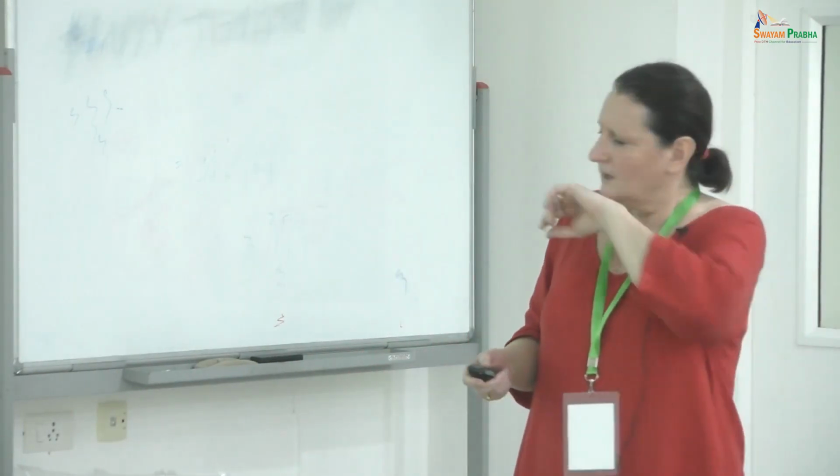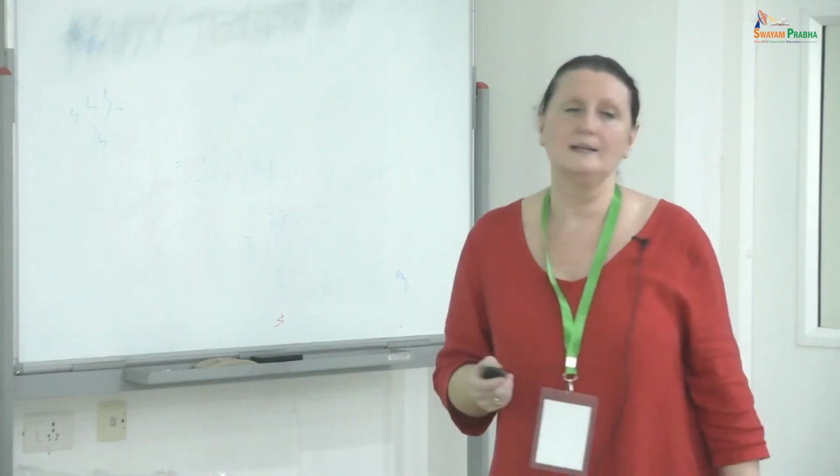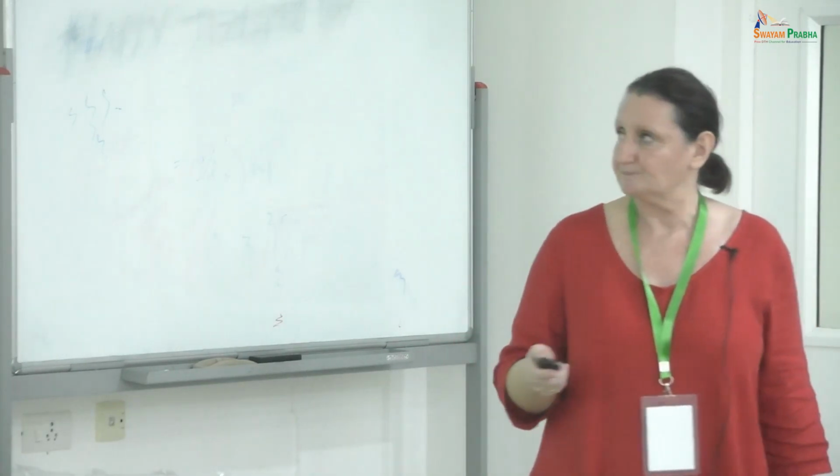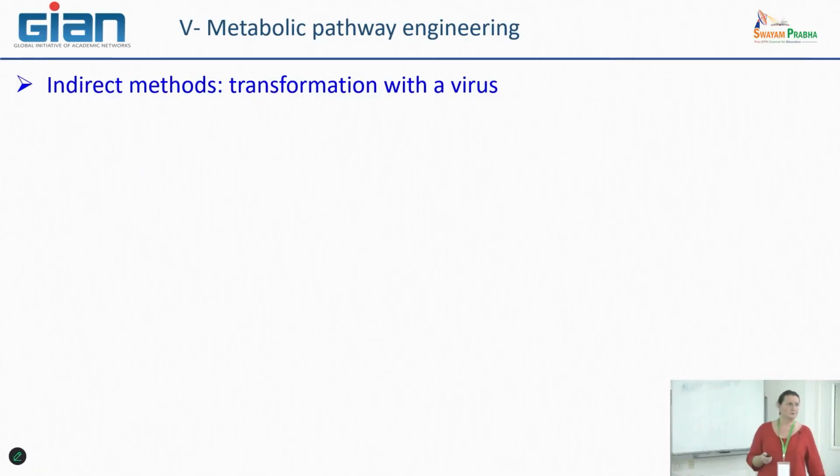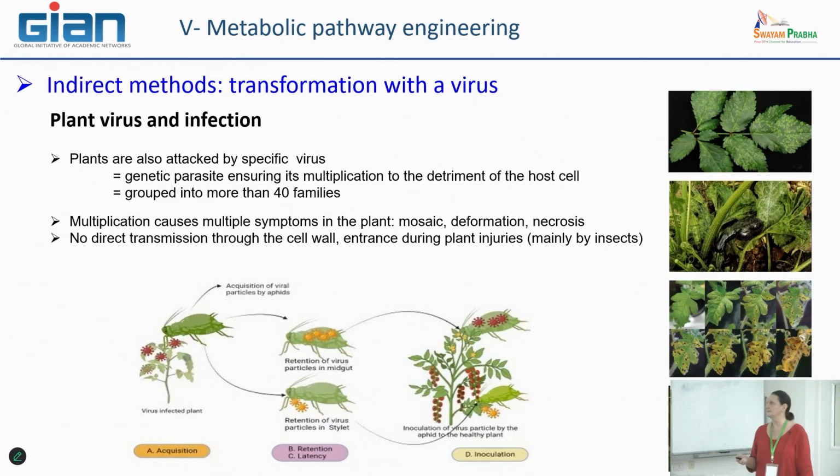to use the natural metabolism of the cells to produce and reproduce several other particles of virus. So it is also an interesting vector that can be used to modify the genome of our cells, plant cells, mainly in a transient strategy. So a few words on the viruses well known in plants.